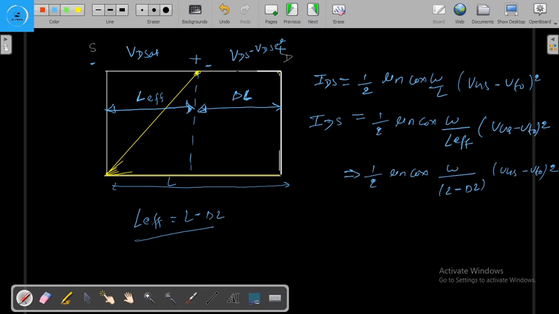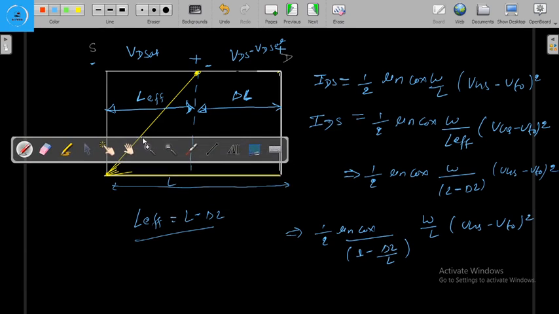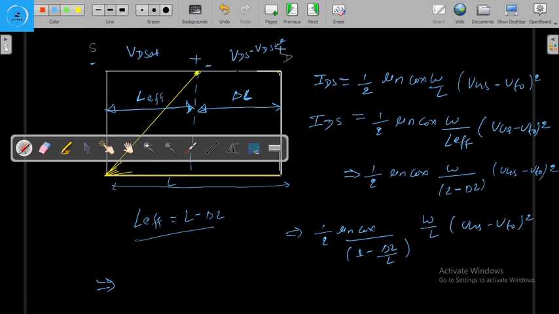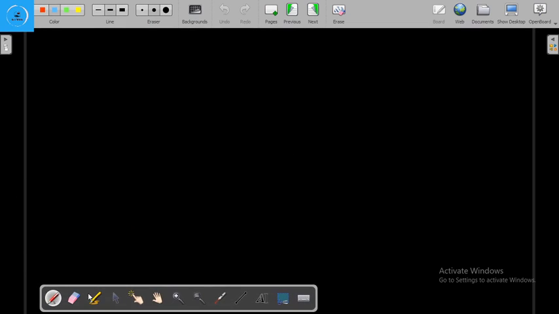Now I am taking L common, so here 1 by 2 mu n COX divided by 1 minus delta L divided by L, into W by L, VGS minus VT naught whole square. Now we can write this as 1 by 2 mu n COX, and 1 minus delta L by L to the power minus 1, and W by L, VGS minus VT whole square. Now we can write this as IDS will be equal to 1 by 2 mu n COX,